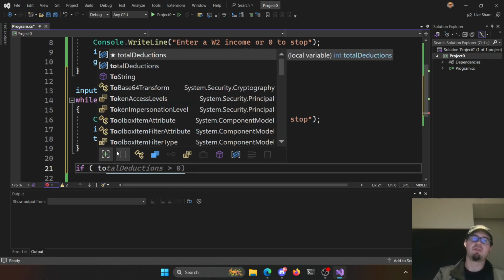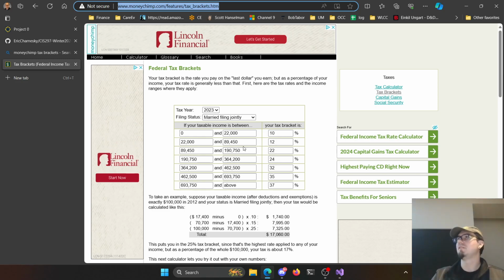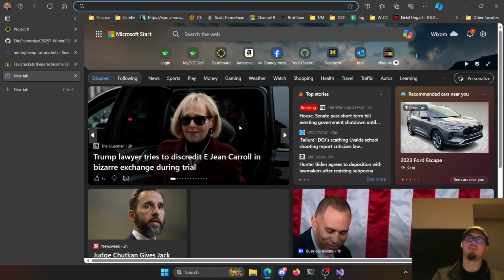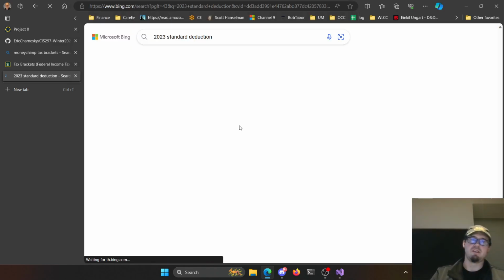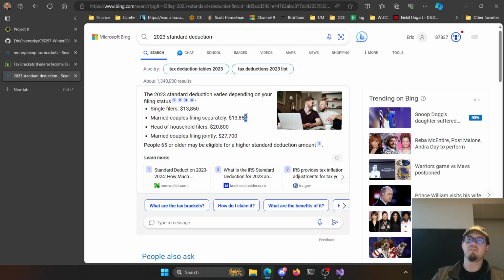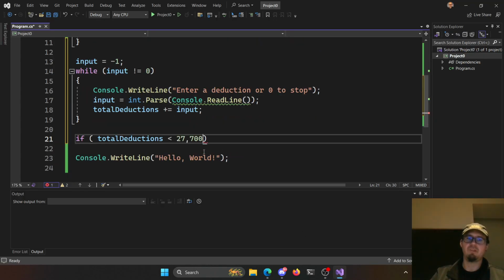So I'll say, hey, if my total deductions is less than, and if I'm doing the married brackets, the total deductions is different here. So the 2023 standard deduction for married couples filing jointly, there we go, 27,000. Okay, there we go, that number looks a little better. So if it's less than that number,